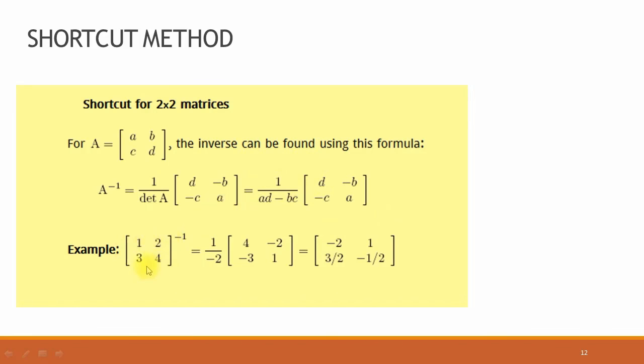Suppose this is a matrix of order 2 rows and 2 columns, then we can find easily the inverse of this matrix. First of all find the determinant by this formula, multiply these two entries and then multiply these two entries. 4 times 1 is 4, minus 6, 2 times 3 is 6, 4 minus 6 is equal to minus 2. This is the determinant, minus 2 is the determinant, and the adjoint of the matrix is change the position of these two entries and change the sign of these two entries. This is the adjoint of the matrix.